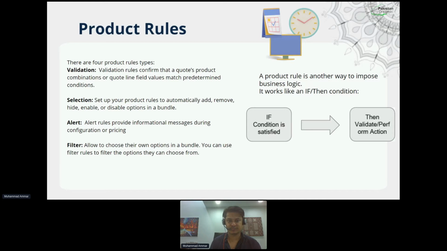Very similar to it is the alert product rule. So alert product rule will do the same for you. It will show you a message on the screen that this product should be selected with, or we suggest you to select this product with the parent product. But the difference between alert and validation is alert will allow you to save. It will only show you a message. It will only alert you, but it will allow you to save the quote. Unlike validation, because in validation you are not allowed to save a quote. The selection is basically